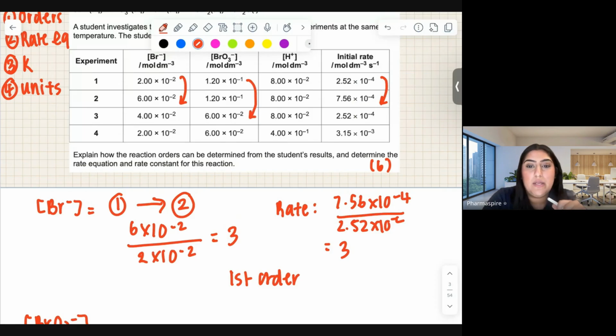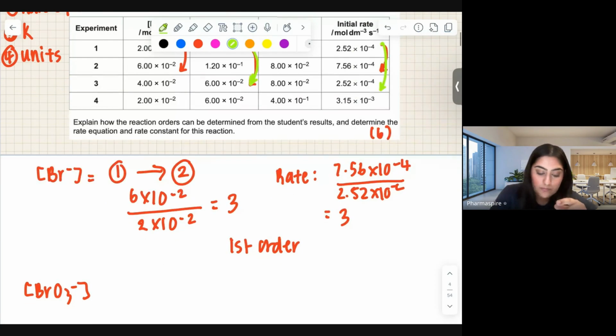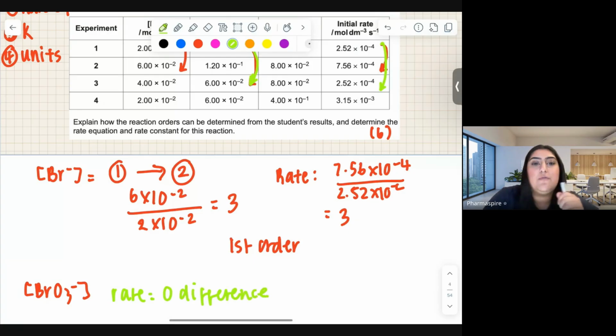So with 1 to 3, if I do it in a different color, that would help, actually. Do you see how there's no difference between the rate for 1 to 3, right? They're both the same number, okay? So there's no effect on BrO3 for the rate yet, okay? So I'm going to put rate equals 0 difference. But what is the difference between